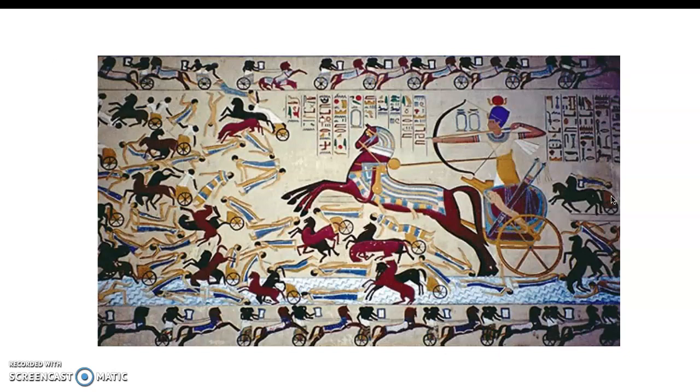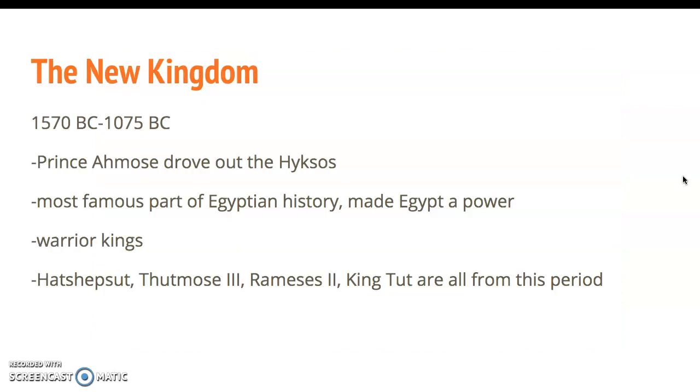All right, I showed you guys this one because I want to talk to you about ancient artwork. In ancient artwork, size indicates importance. The bigger a person is in a painting or in a piece of art, the more important or influential that person was. So this is going to be your pharaoh right here. The pharaoh and his horse are bigger than all of these other people, which signifies his importance as the pharaoh. It's an easy way to break down what you're looking at when you're looking at a piece of art. Size usually indicates importance.